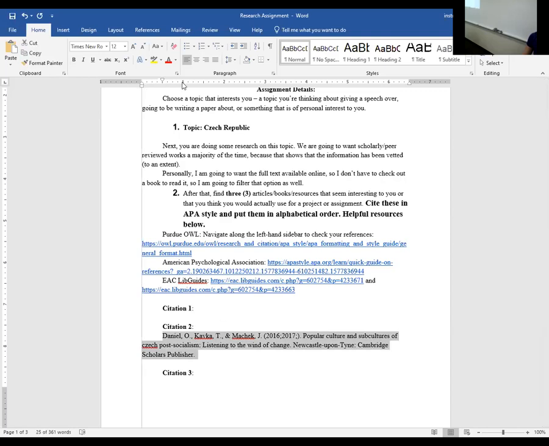I'm going to give it its hanging indent. I'm going to make sure that it is in italics for the title. Then I do need to add where I have retrieved it.